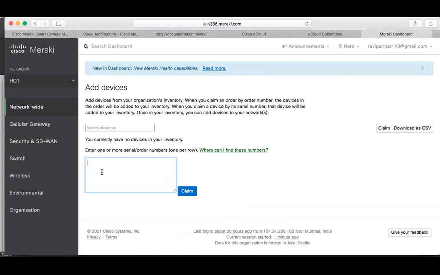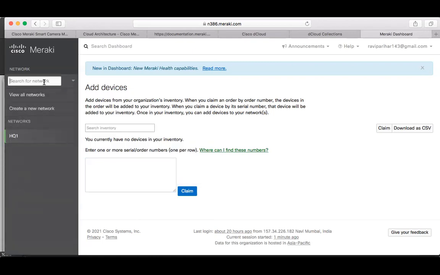So that is kind of important, to have a proper serial number or maybe the order ID associated with your partner ID or maybe the contract. Once you add it over here and claim it, that device is available to add. On top of that, if you want to create the network, you can go over here and just click on the network,